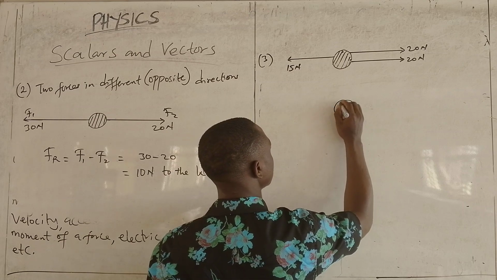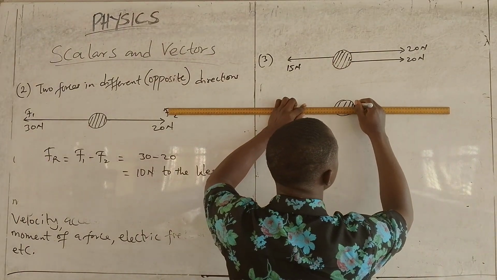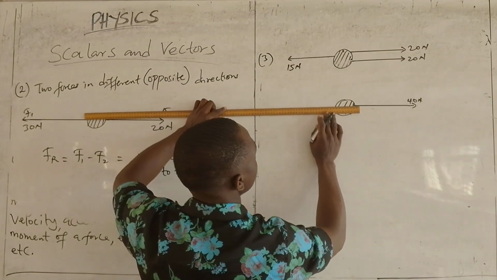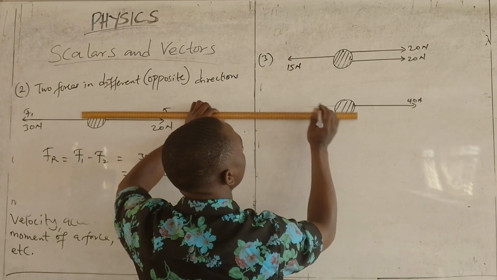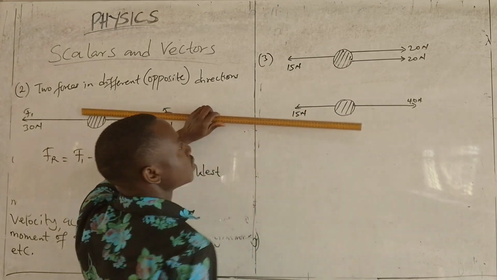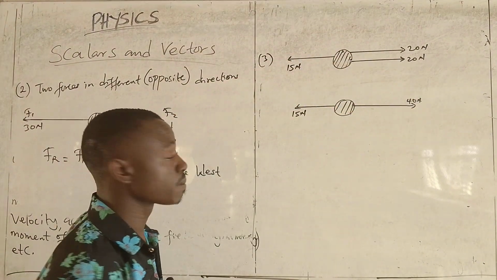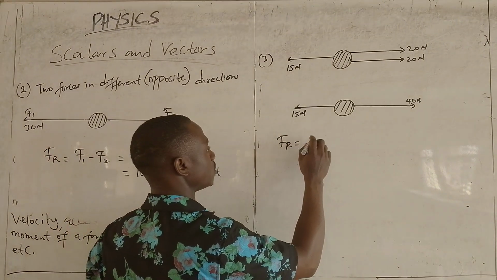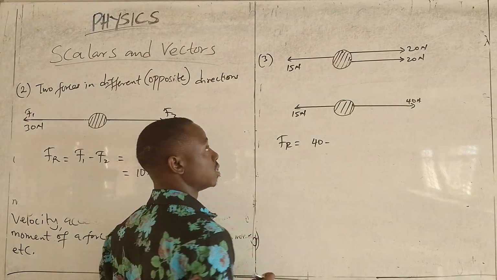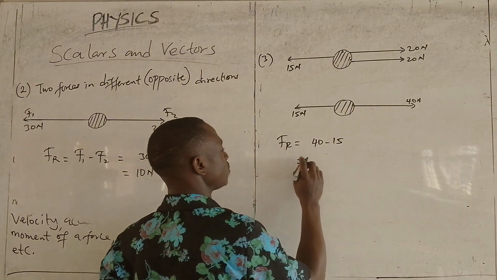So let me redraw. I have something like this. So 20 plus 20, I have what now? I have 40 Newton to the right hand side, and this one still remains here, 15 Newton. So these two have been resolved to give 40 to the right hand side, and we still have this 15 Newton here. All right. FR finally is going to be 40. We have these two now in opposite direction. These two in the same direction, 20 and 20. Okay. So this minus 15, and we are going to have